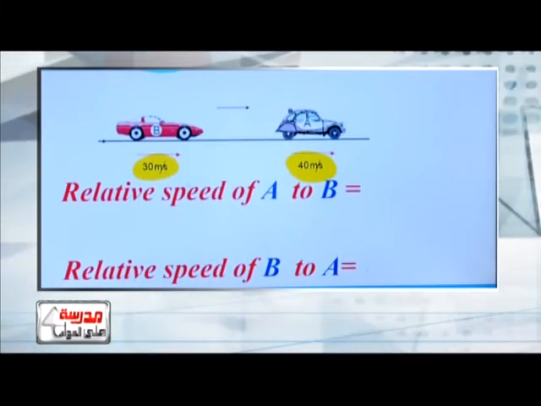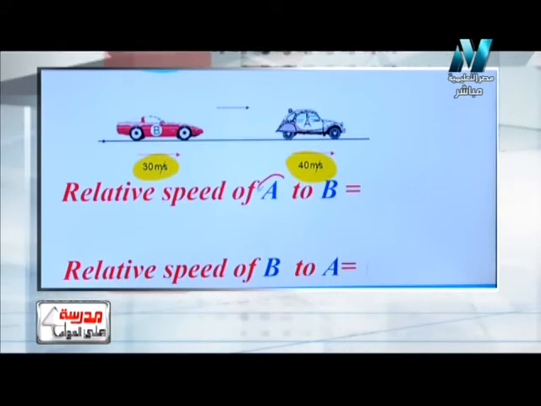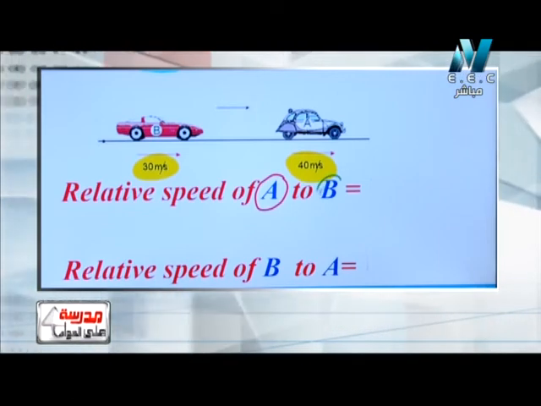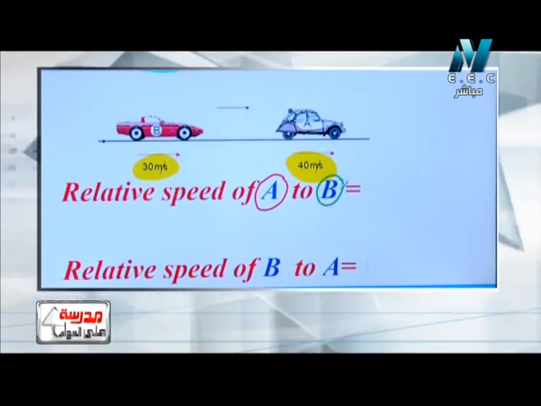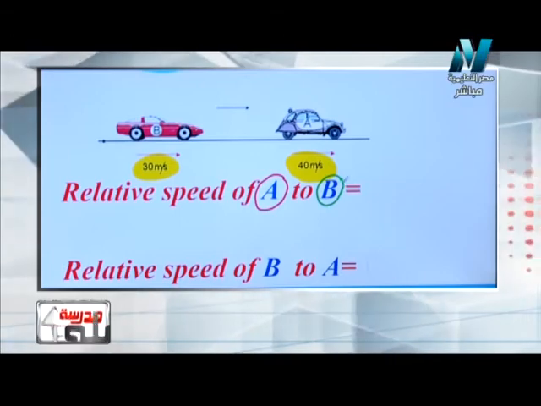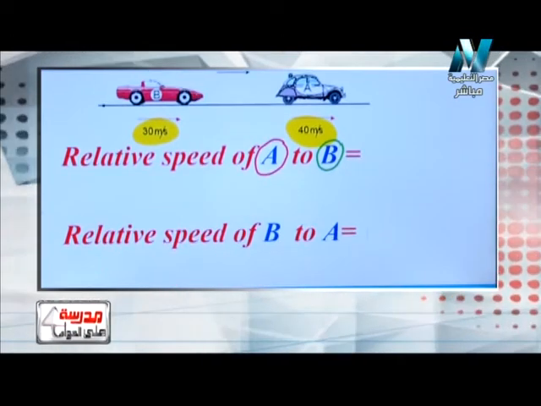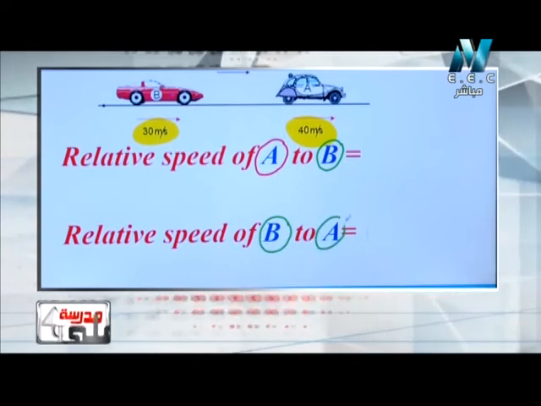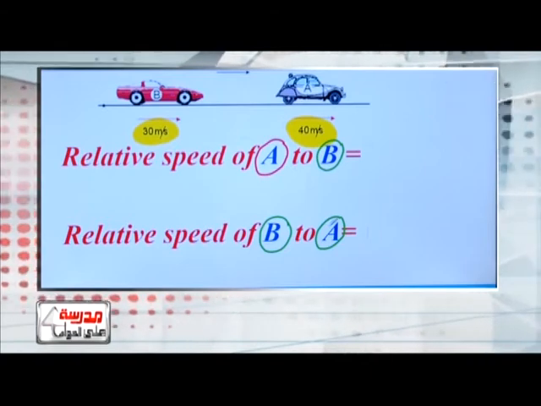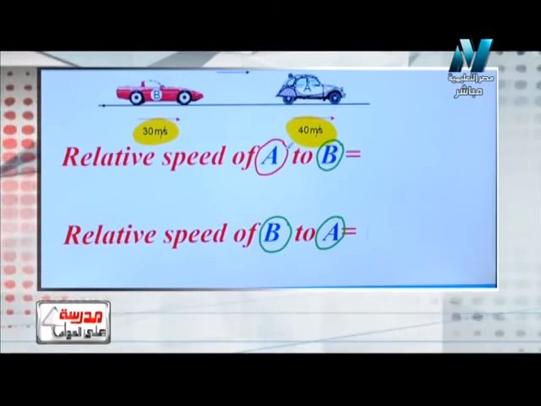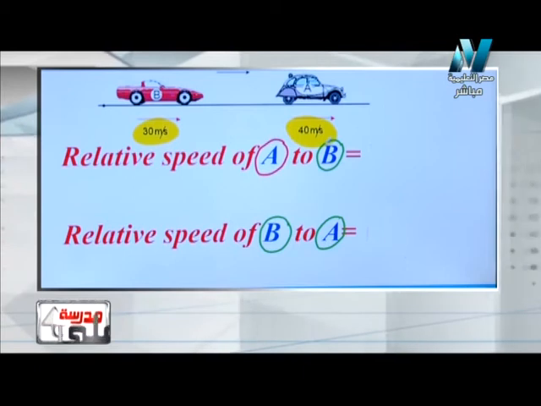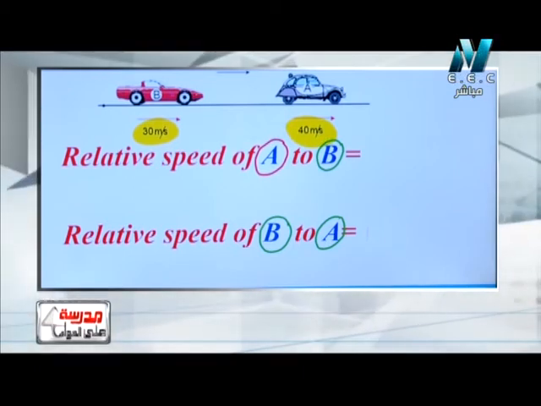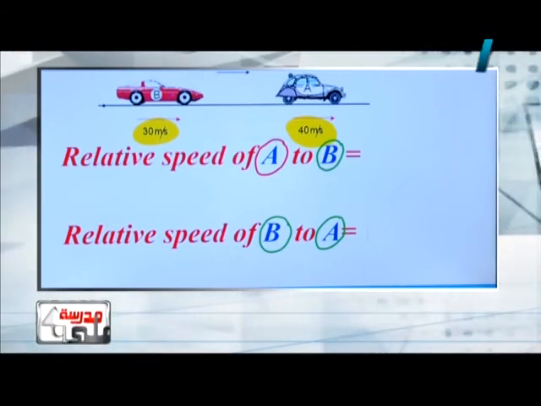So as we see here, how can we deal with the first case? The relative speed of car A to car B. واحد يقول لي طب what is the difference here? We have another case, the relative speed of car B to car A. Do we have a difference? Yes, we have a difference. ازاي؟ لما يقول لي سرعتي بالنسبة لسرعتك، يبقى اللي انا هتكلم عليه في الاول هو اللي هحطه في الاول. بمعنى اصح, we talk about car A to car B.